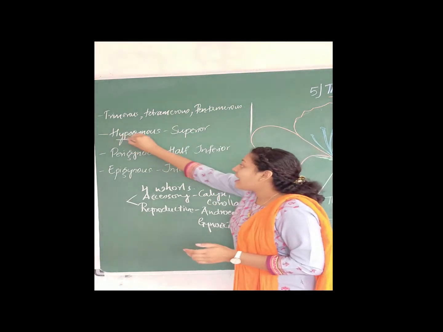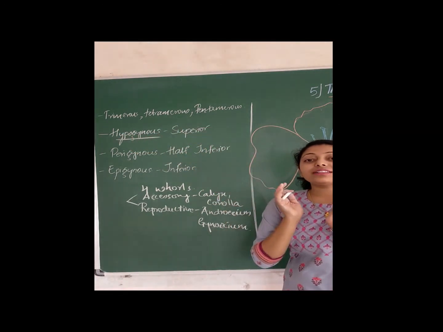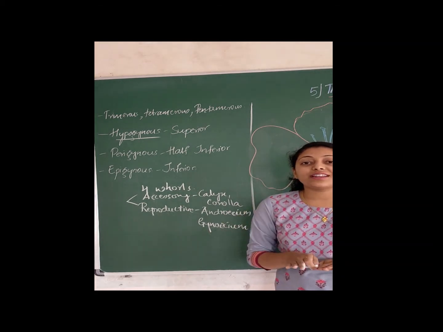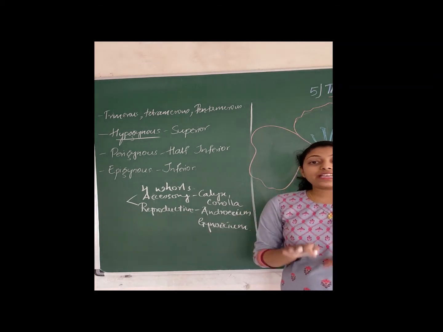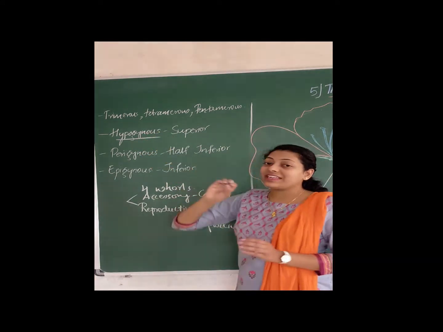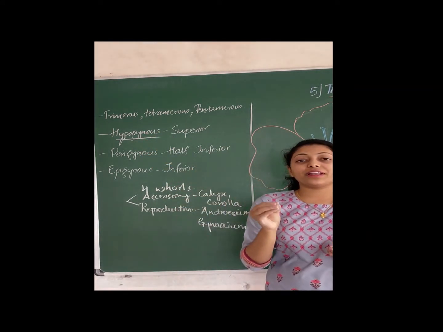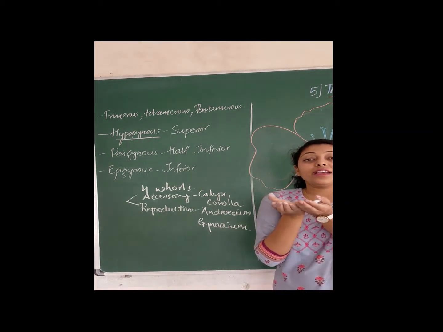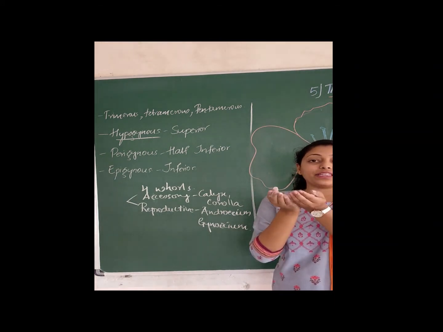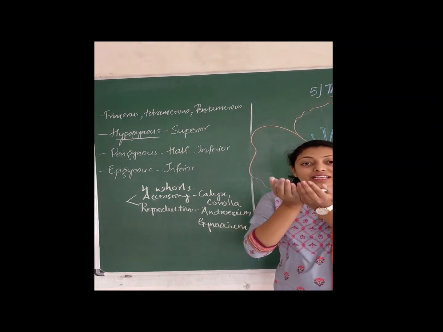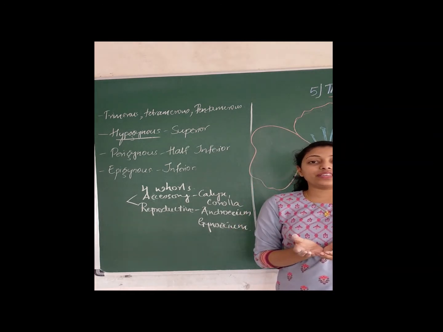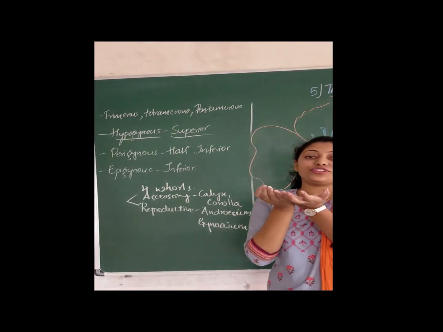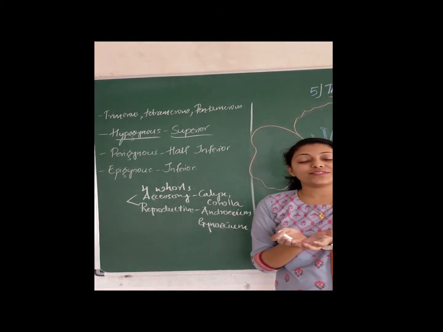Over here, in hypogynous, all the different parts, calyx, corolla and androecium, are placed downwards, whereas only the gynoecium, that is the female part, ovary, is placed superior. So ovary is superior and all other parts are inferior to ovary, and that's why we refer to them as superior gynoecium or hypogynous flower.